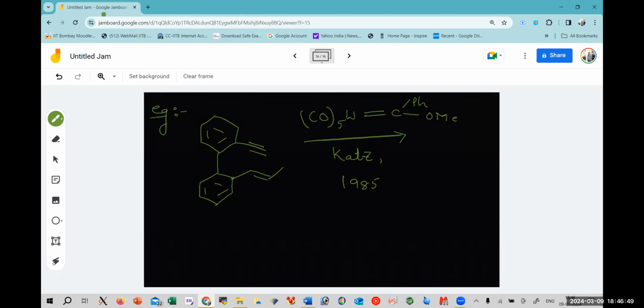Now we know that this particular product, as we have already seen, is going to form a double bond over here, followed by the double bond and the ring at the other side. So the possible product that we are going to have,